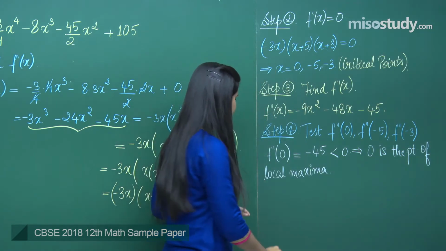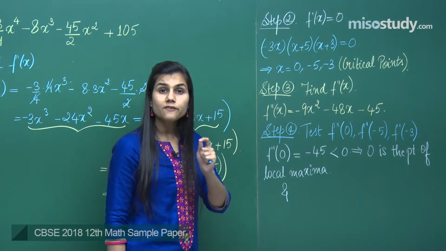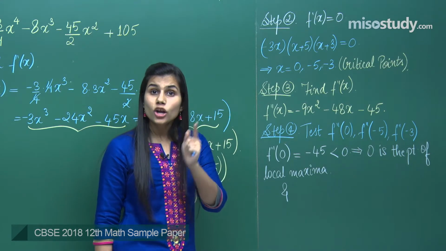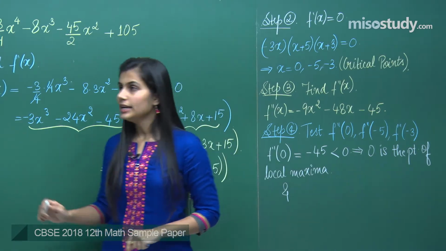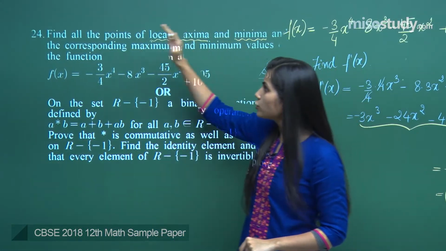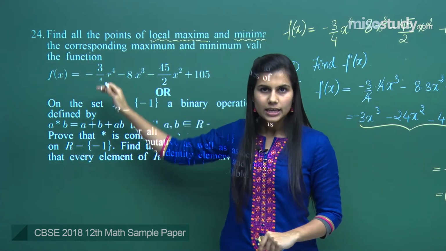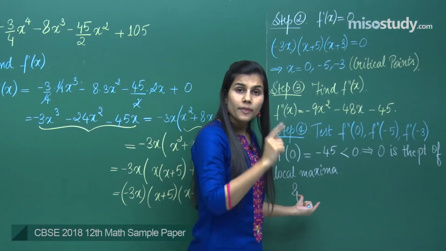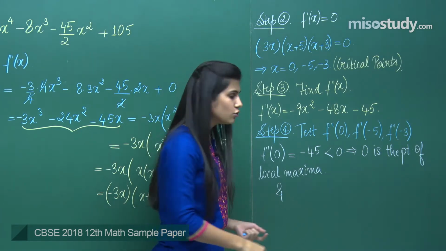Yes? And if this is the point of local maxima, what is the value of the function at this local maxima, or what is the local maximum value of the function, as the question was saying, that find out not just the points of local maxima and local minima, but also find out the corresponding maximum and minimum values of this function. So, once I know that my 0 is a point of local maxima, the corresponding value of the function, which is the local maximum value of the function,